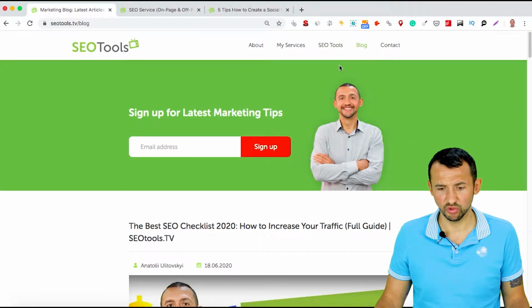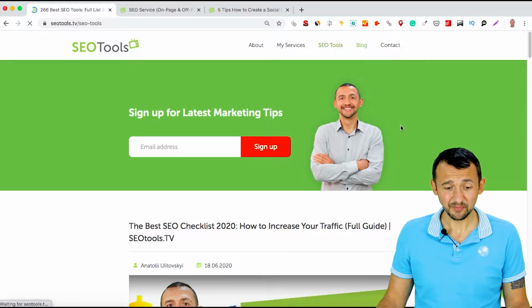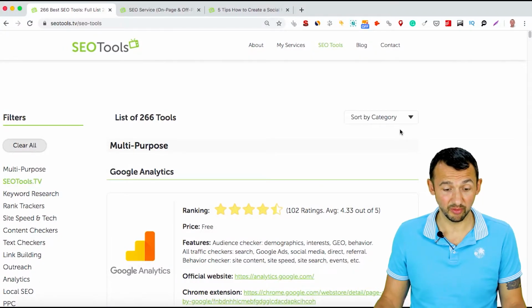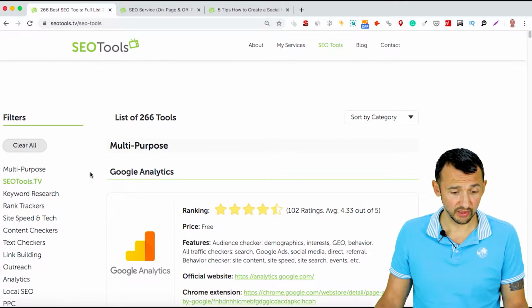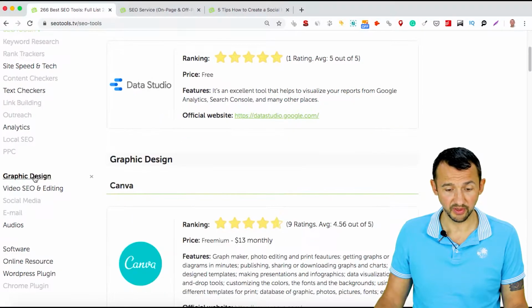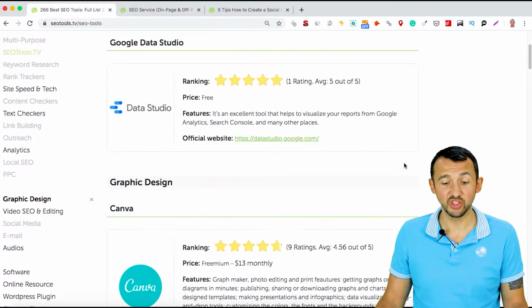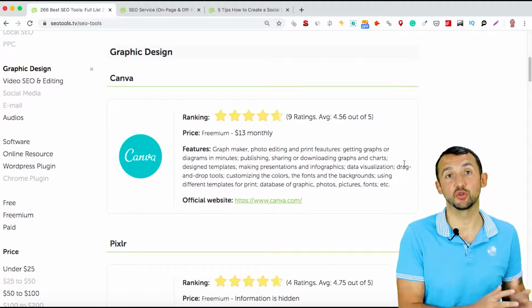If you go to Fiverr or Upwork or many other places, just find designers or use some tools. For example, I can show these tools to you because I always get this question from other webmasters: how do I create all these awesome pictures on my website? Just open my page SEO tools, choose the option graphic design, and you will find a bunch of tools that you can use to create some awesome design.